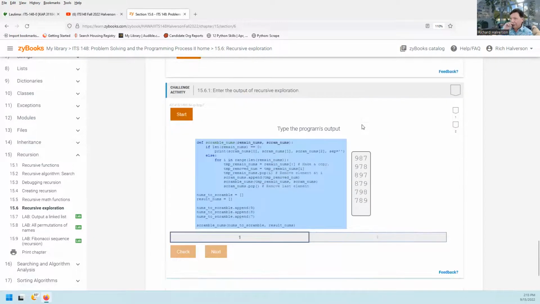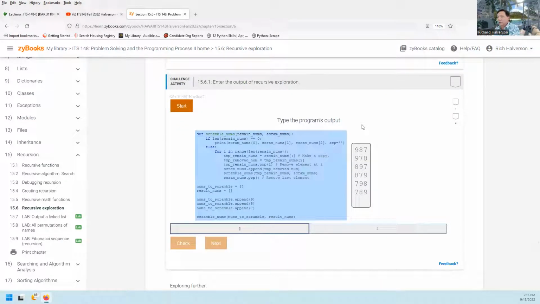All right, what is this one? Enter the output of recursive exploration. Oh, good. This should be a good one to help us understand what's going on here. Okay, so let's just